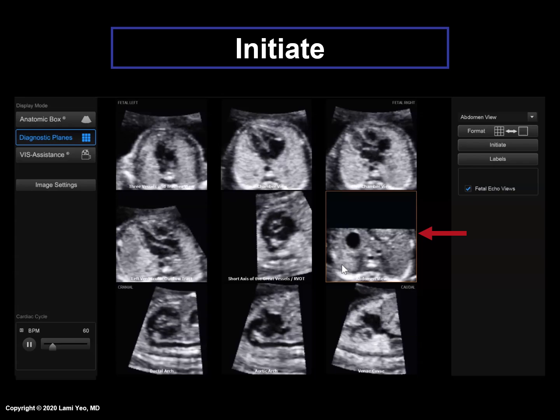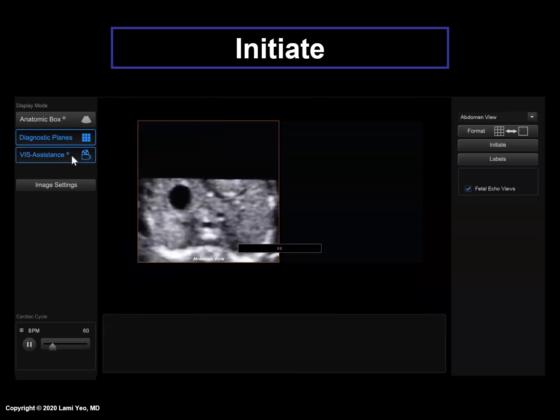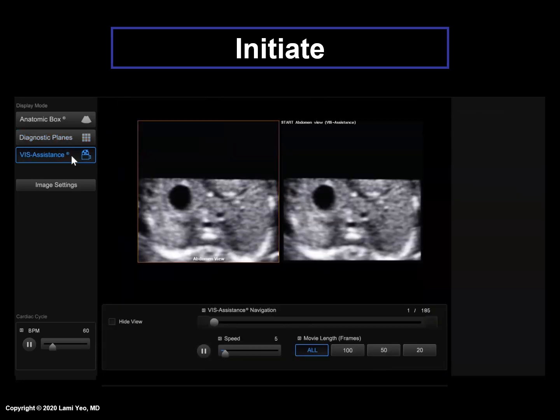Here is an example where the original abdomen-stomach diagnostic plane is being replaced by a new image from Visa Assistance. Visa Assistance is activated, and the video clip is now loading.